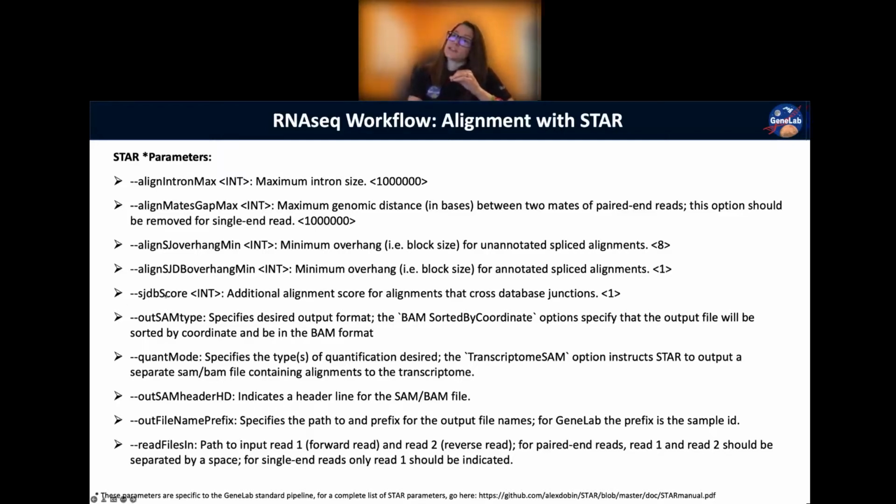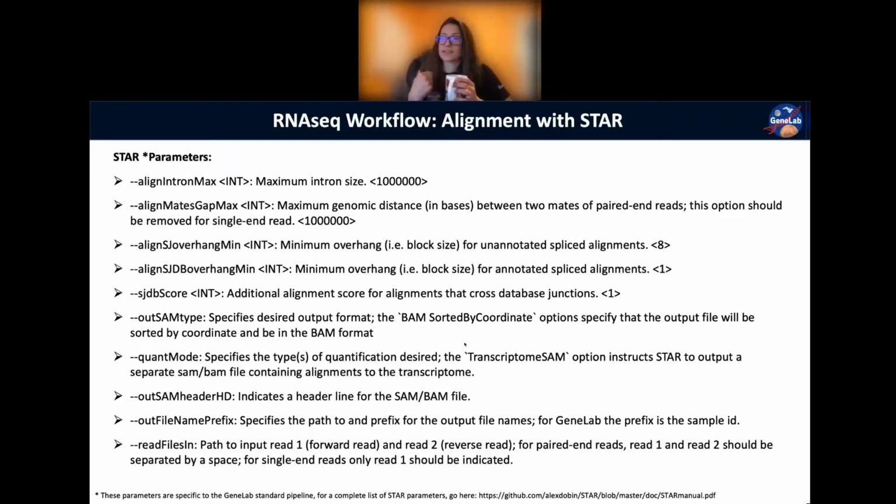We have this Sjdb Score, which is an additional alignment score for alignments across database junctions. So this is just a score relative to how confident you are in the alignment across a junction. The SAM type here specifies the format. So we use BAM sorted by coordinate, which basically tells us to output that SAM file as a compressed version